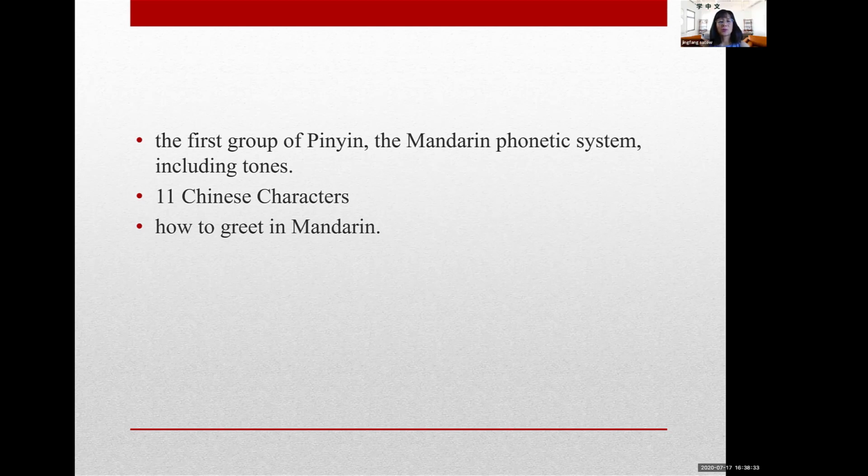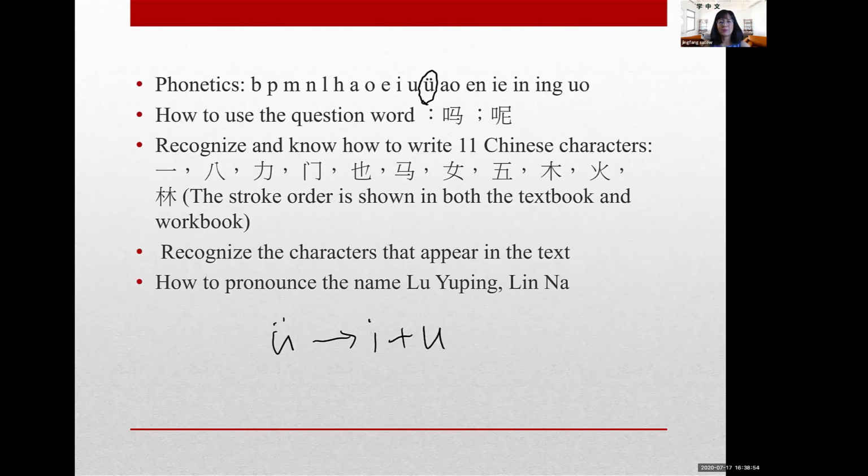So in lesson 1, you are going to learn the first group of pinyin. You all know that pinyin is the Chinese phonetic system, which includes tones. We are also going to learn 11 Chinese characters, and then we're going to learn a dialogue on how to greet in Chinese Mandarin. So first, among the phonetics we're going to learn in lesson 1, I just want to point out that